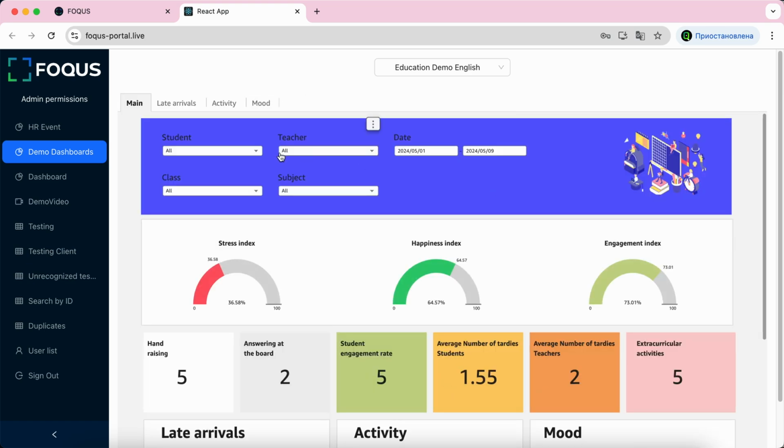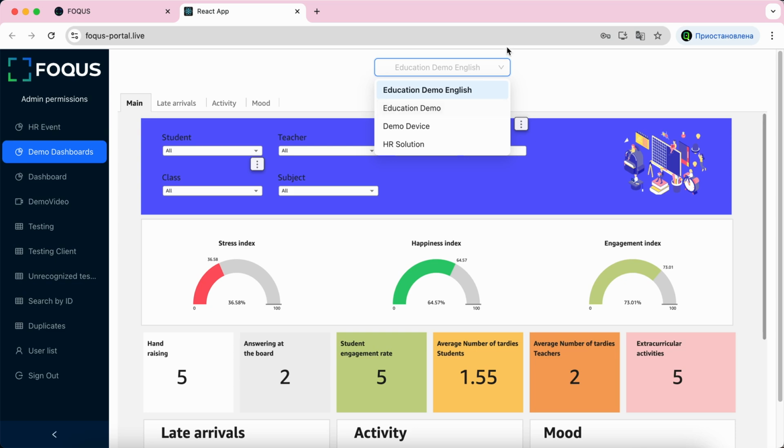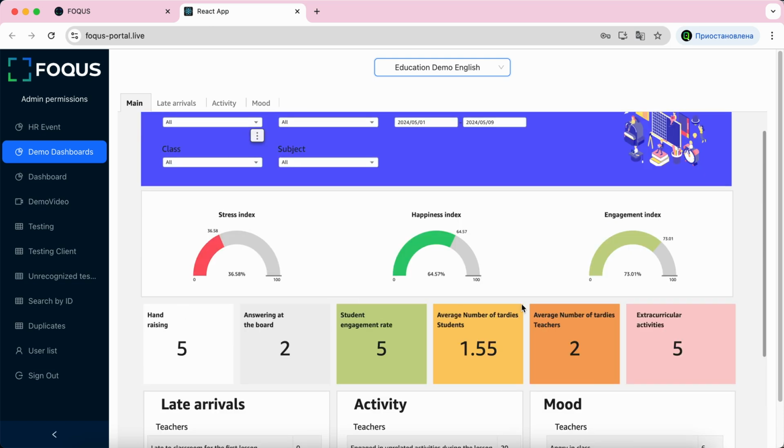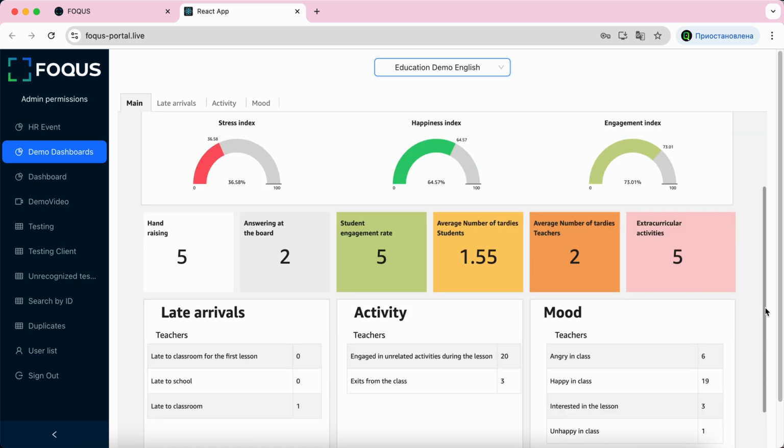Okay, you can filter from here the students, classes, date, and so on. For instance, this is an educational demo purpose dashboard. So there are some measurements, indexes. They are all active. For example, if you go to the mood,